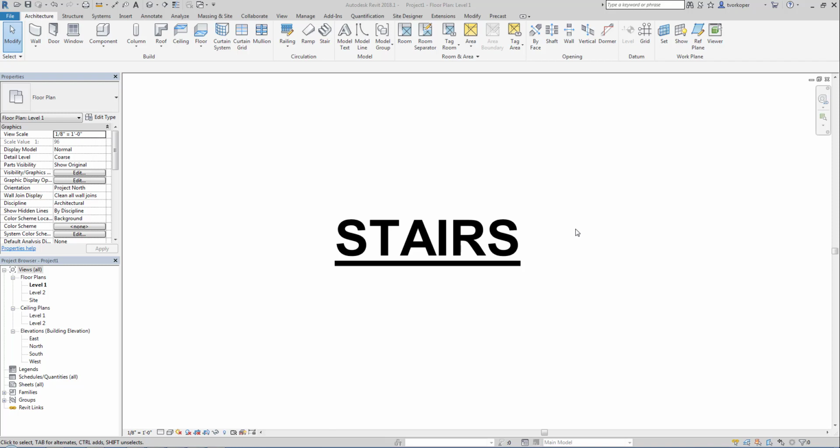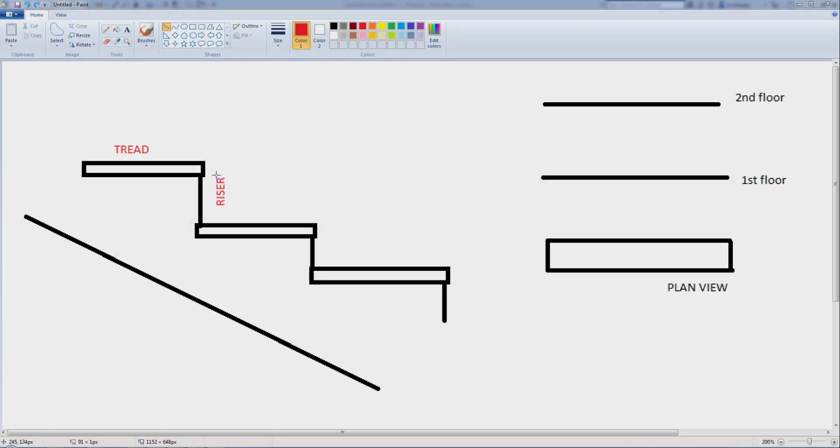Stairs. In this week's video, we'll go ahead and take a look at how stairs are created in Revit. But before we look at Revit, let's take a look at some terminology of stairs. Stairs are basically made out of two components, a riser and a tread. A riser is the vertical component, or from here to here, of a stair, and the tread is the horizontal